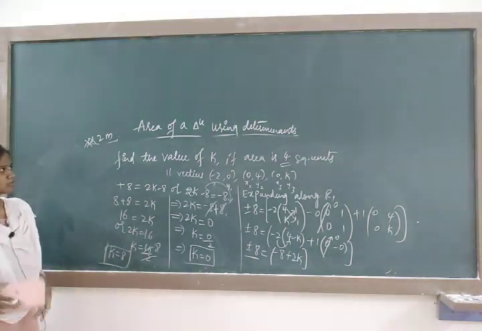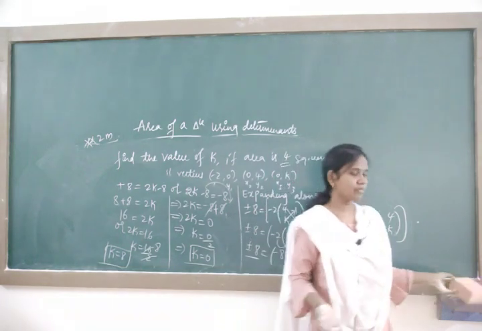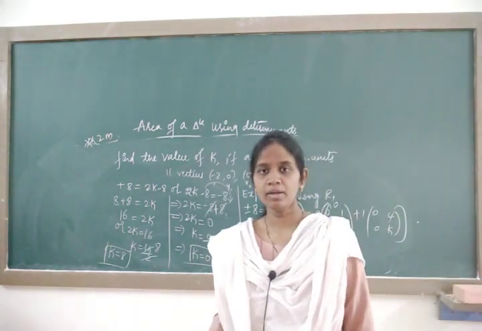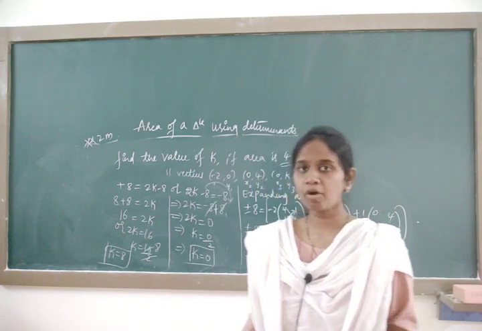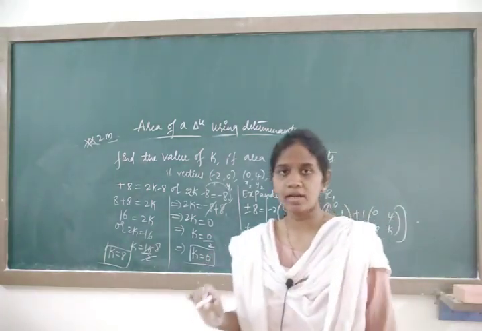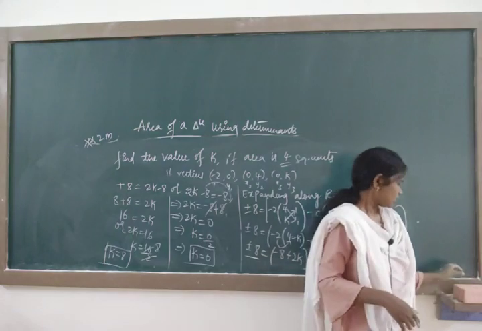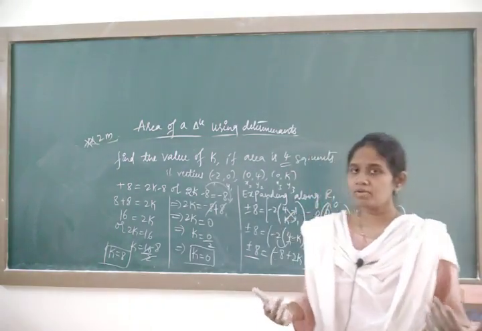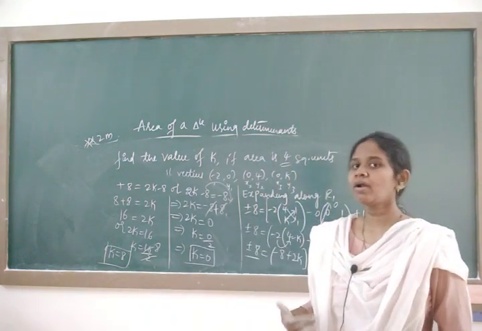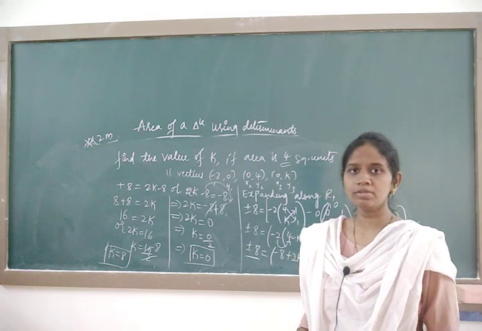So, these are the problems based on the area of a triangle. Any one you are going to face in your examination. There are 4 varieties of problems I have taken. Based on that, any one variety of problem you are going to face for 2 marks using the area of a triangle. So, in today's class we have studied the area of a triangle. This is not a new concept. Already we know the area of a triangle formula. That formula can also be expressed in the form of determinants.